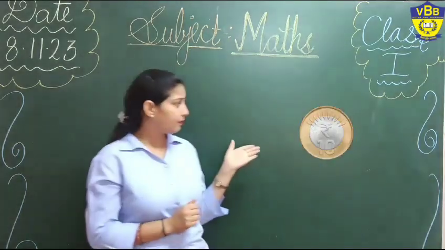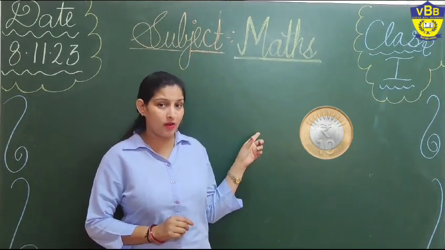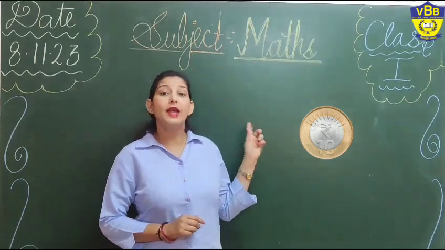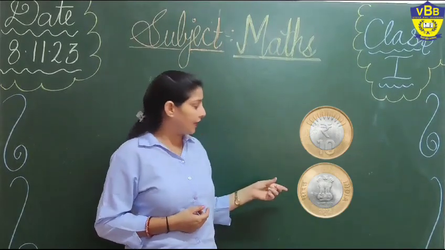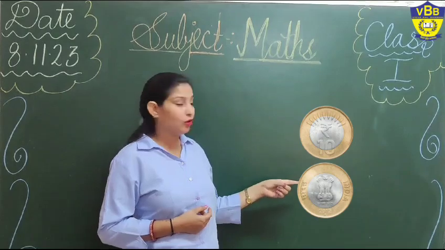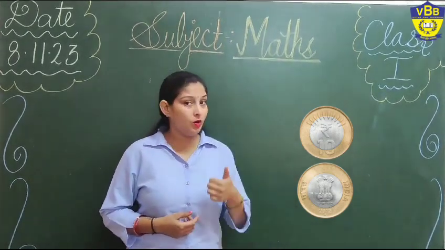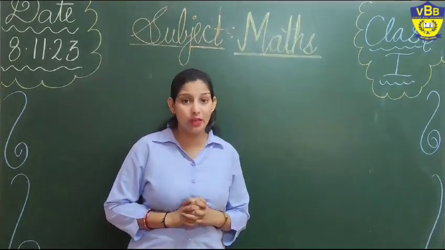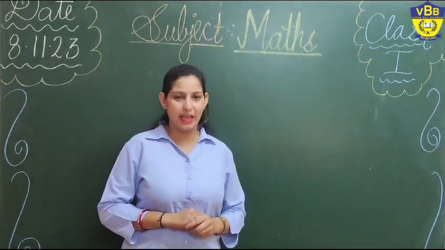Look here. What can you see here? Yes, a coin is here. The side where the number is written on the coin is called the tail of the coin. And the other side of the coin is called head. You all know, as I explained yesterday, each and everything about notes and coins. But again we are going to do the recap of this.